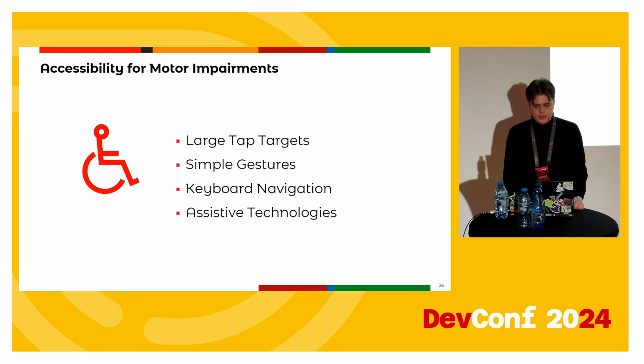Users with motor impairments often struggle with small touch targets, complex gestures, or touch-only navigation. These barriers can make it difficult for them to interact with apps that require precise motor control. To enhance accessibility for motor-impaired users, ensure buttons and touch targets are large enough to be easily selected. Avoid requiring multi-finger gestures or complex swipes for critical actions. Ensure that all app functionality can be accessed via keyboard and support compatibility with external assistive tools like switches, adaptive devices, and so on.